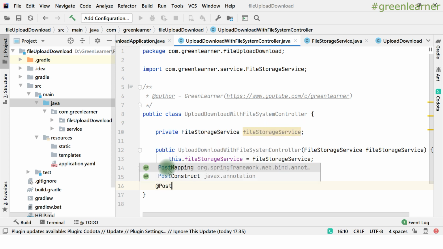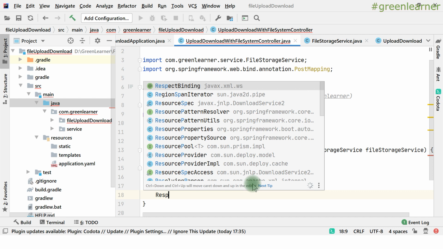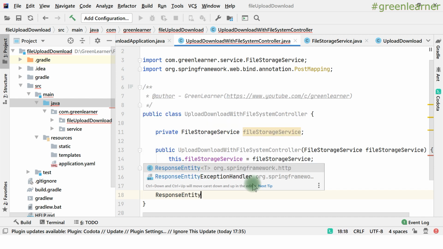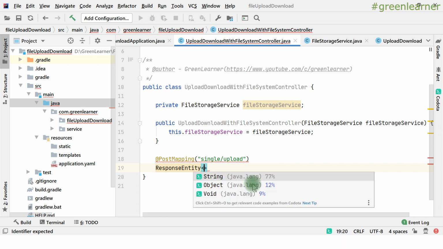Now writing the first endpoint for uploading. It will be a post mapping, because we are putting some data into the system. Here I'm writing a ResponseEntity, and I want to respond with a file upload response, right?